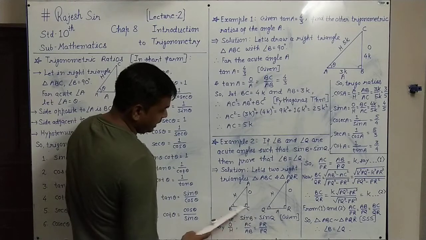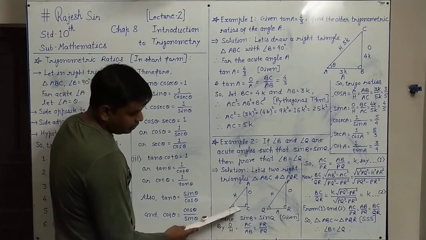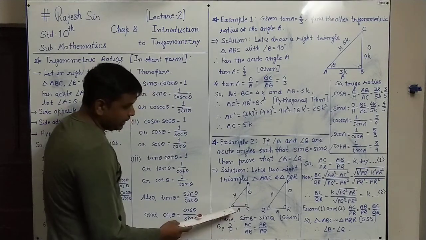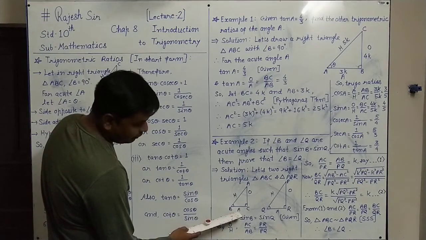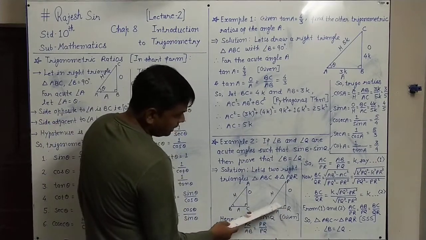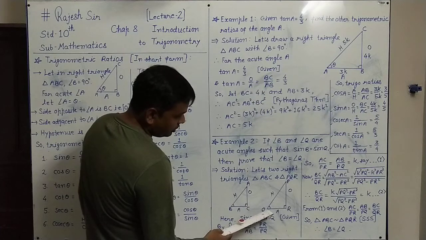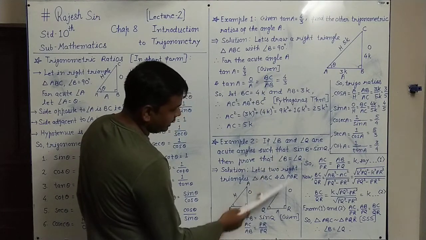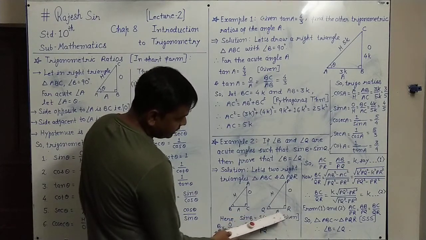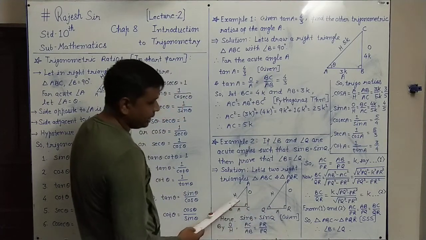Angle B and angle Q are acute angles. As this angle B is given, its opposite side is AC, denoted by O. The adjacent side is BC, denoted by A for adjacent side, and H for hypotenuse. Similarly, in triangle PQR also, the side opposite the angle R, that is 90 degrees, is the hypotenuse. Opposite of Q, the acute angle given, is denoted by O, and its adjacent side is denoted by A. A for adjacent side, O for opposite side, H for hypotenuse. Adjacent, opposite, hypotenuse, that is how it is denoted.